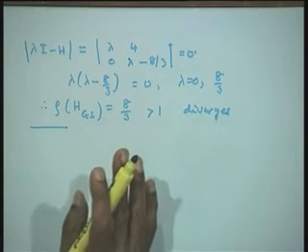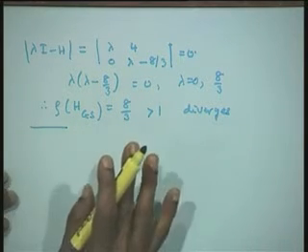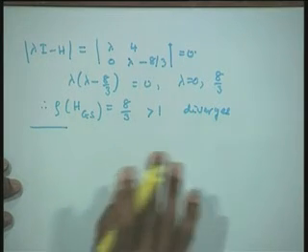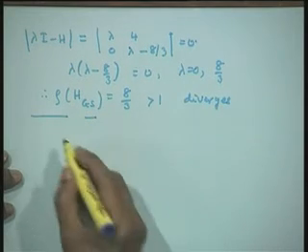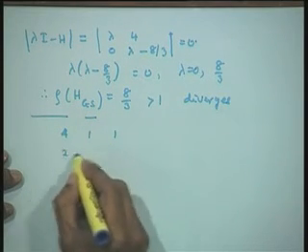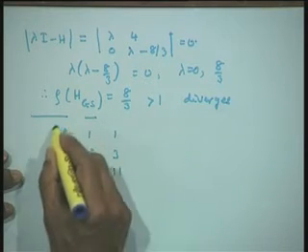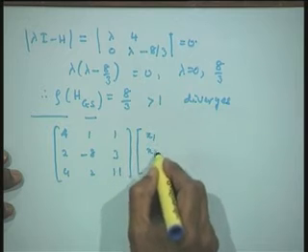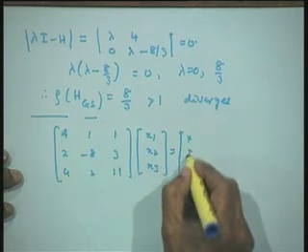However, we mentioned that if the given system is diagonally dominant, then it would automatically imply norm is less than 1 and spectral radius less than 1. Therefore, in that case we do not have to bother. For example, if I write a system like 4 1 1, let us say 2 minus 8 3 and 4 2 11, if I write down this particular system x1 x2 x3 is equal to whatever the elements are,